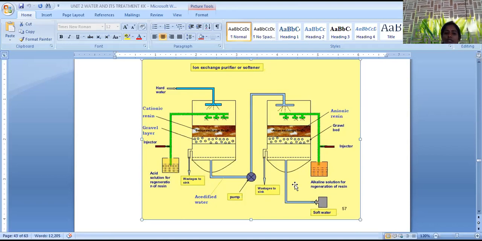Water coming out from this ion exchange chamber is highly purified and residual hardness will be only 2 ppm. It is extremely low. Hence, it is the efficient method compared to all the remaining external water treatments. Hence, it is widely applied in industry, especially in high pressure boilers. Now, let us see the schematic representation of the instrumentation of demineralization.